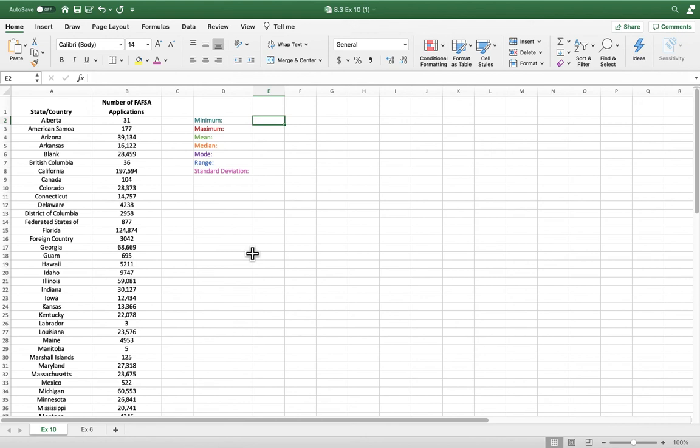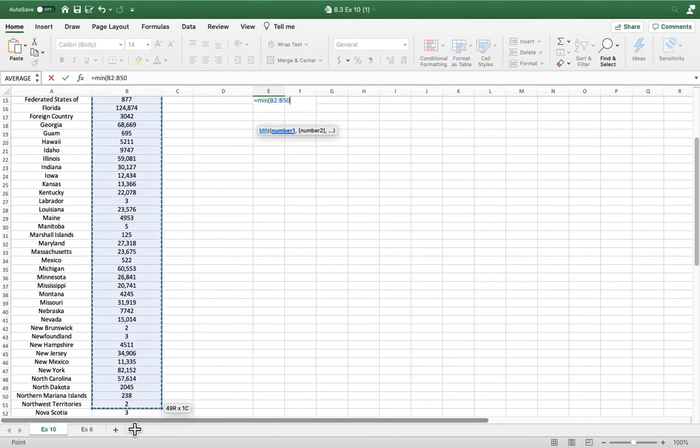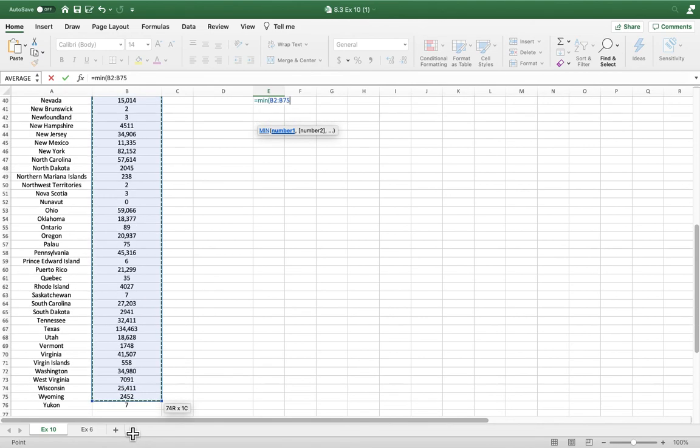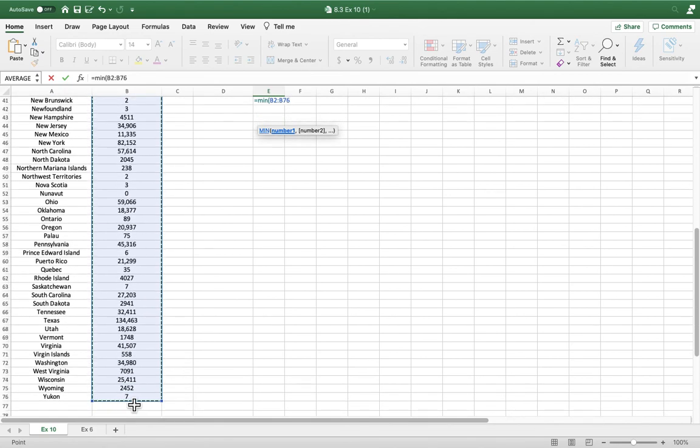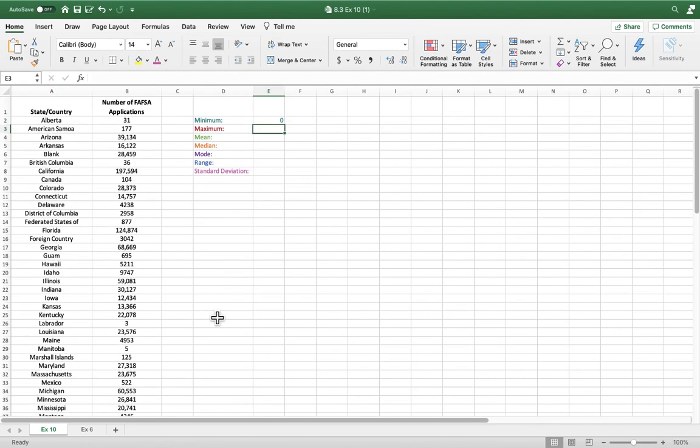So first we want to know the minimum. So to find the minimum, we type equals. You always start with an equals, M-I-N for minimum. Then a parenthesis, and we want all the number values. So I'm just going to go at the top, start selecting, and pull all the way down to the bottom. Okay? Close parentheses, hit enter, and the minimum out of there was 0. There was one college that didn't